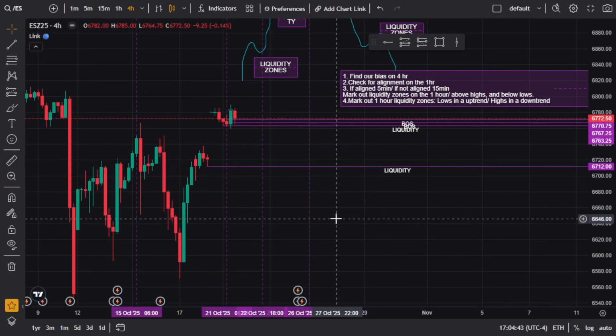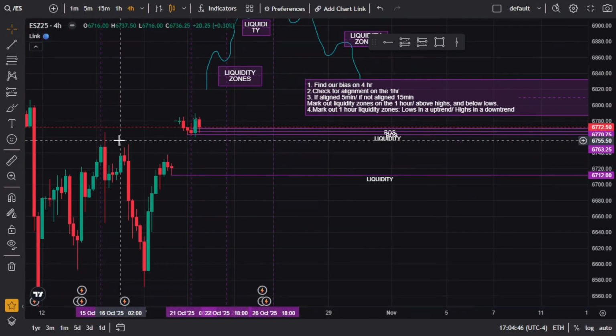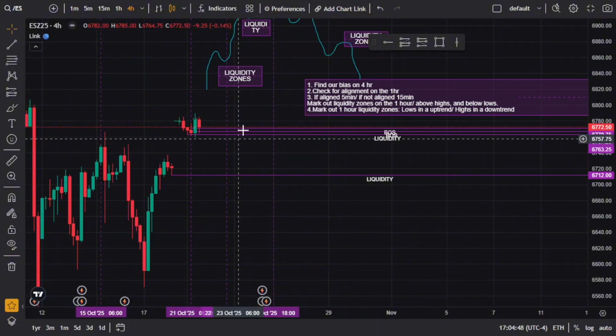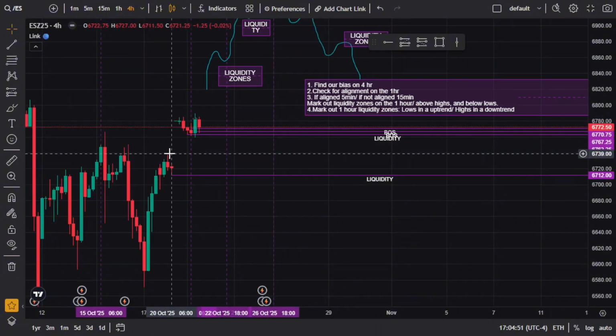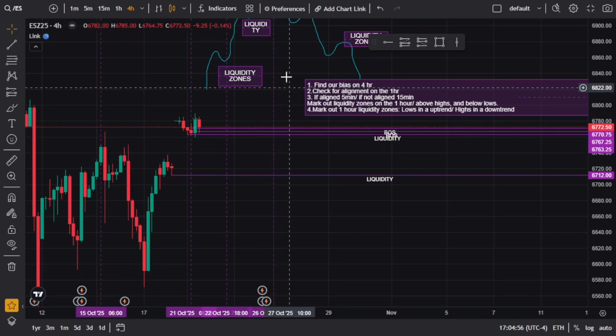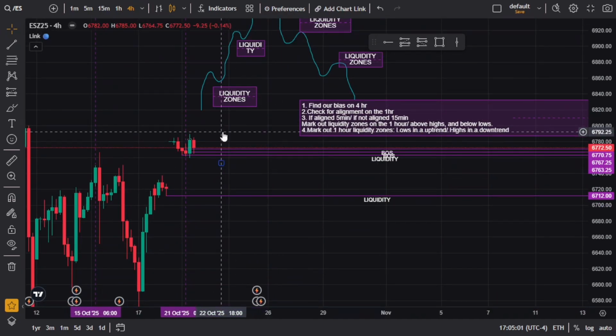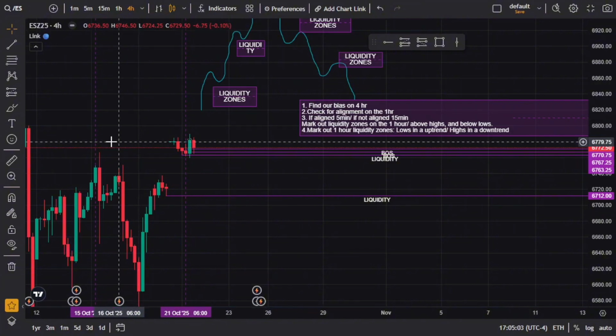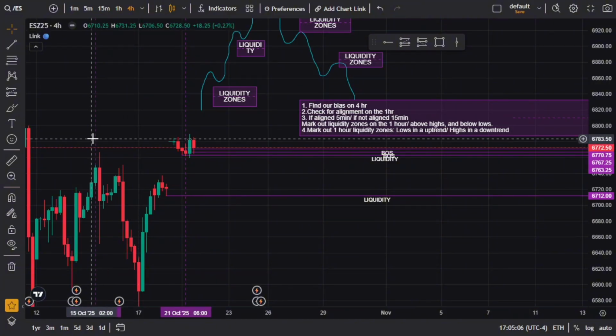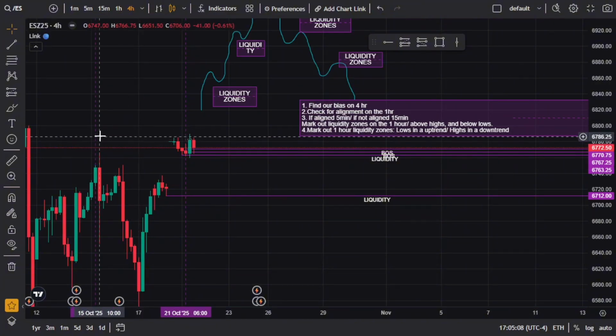So, what I did today, is I always kind of mark out previous days' session opens, as you can see from these horizontal lines. Some of these horizontal lines are just there because I don't even know what I was doing earlier. Let's get rid of some of these. Where did this open? Okay, this was marked out in the 6 o'clock candle.